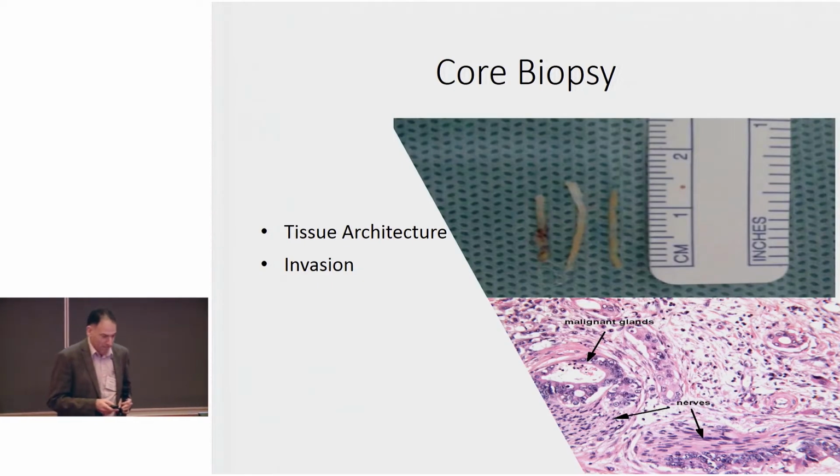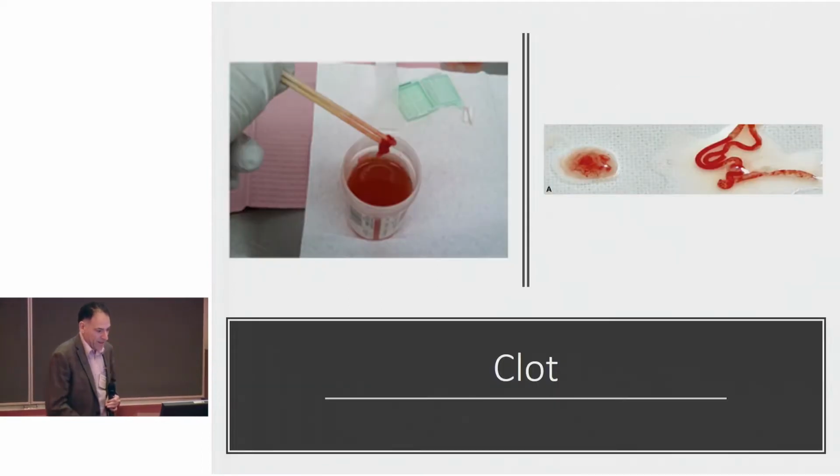So as I say, core biopsies we really do like. If we can get a nice sample like that, then we usually don't have too much problem in making a diagnosis, assuming it actually has come from the lesion that you're trying to get. And you can see that you've got a nice tissue architecture with glands in the stroma. You've even got a nice nerve over there with some tumor possibly around the nerve. And that makes it very easy for us because we can see the invasion very nicely.